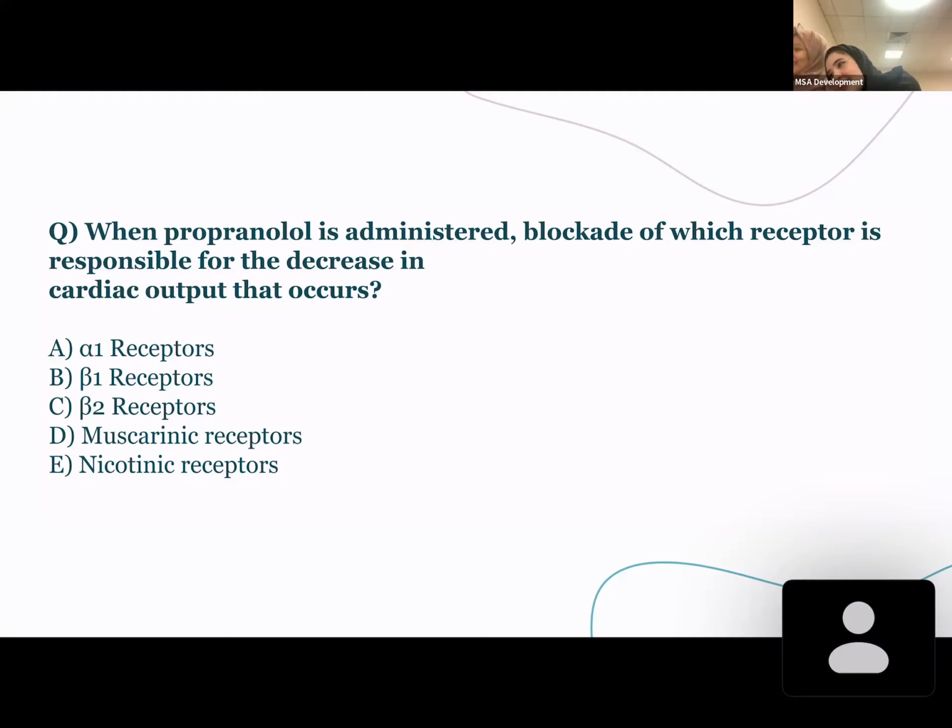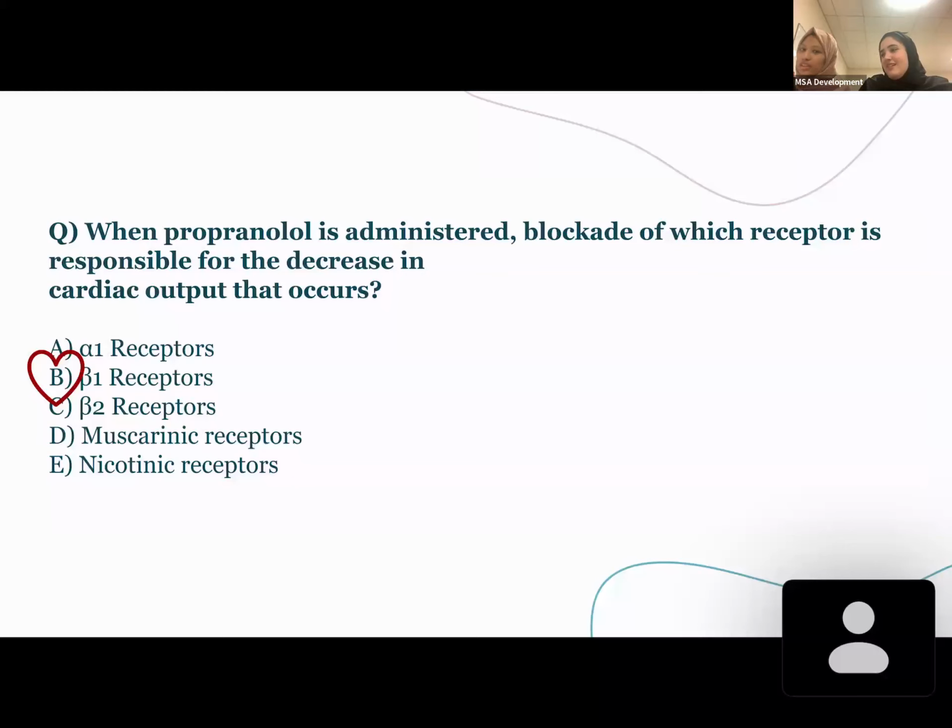I hope that's clear. Okay, so the correct answer, like all of you said, is B1. B for boys. No, I don't accept that. B for Barbie. That's good. But one thing you can memorize to make it easier for you is which receptor